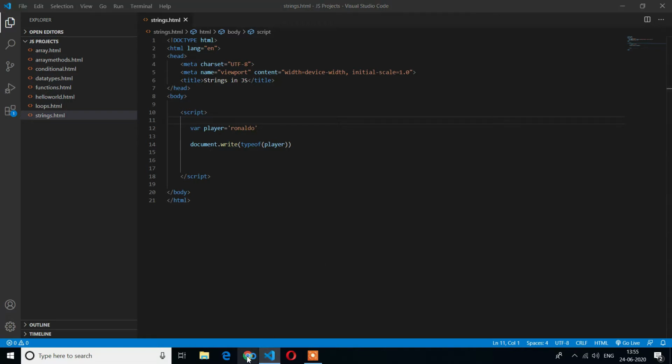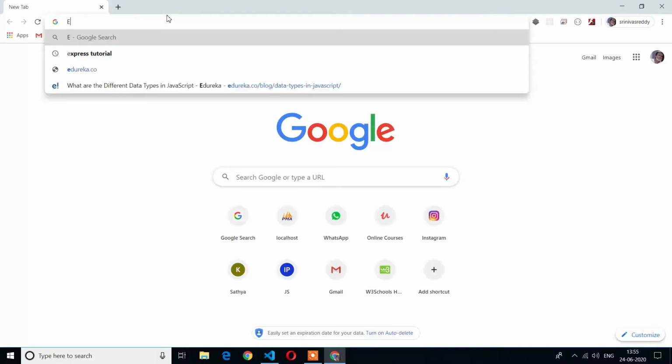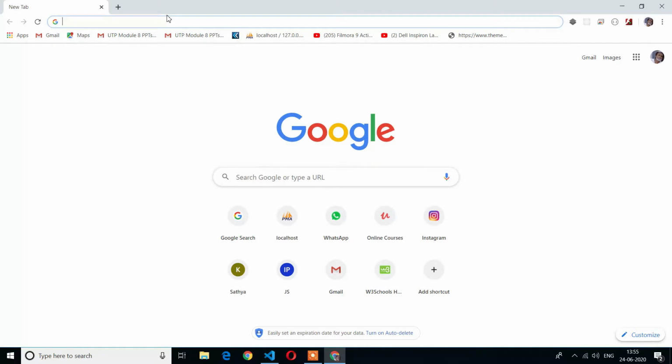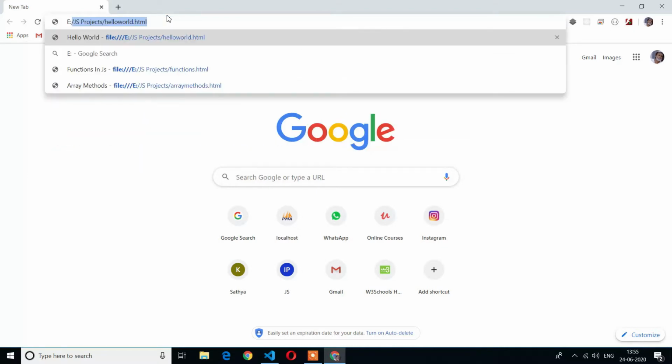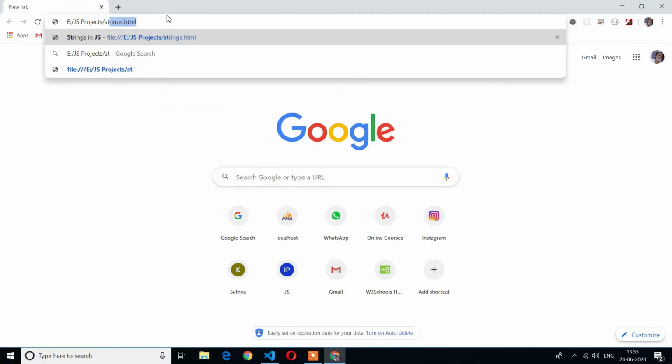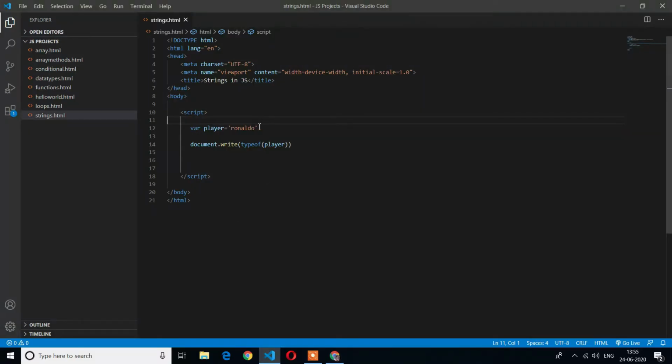Now I'm opening Google Chrome and writing the path. Here our file name is strings.html. Here you can see the data type of the given variable is string, because we wrote the name in single quotes.